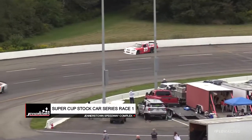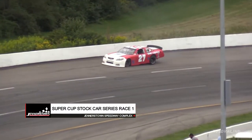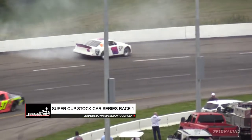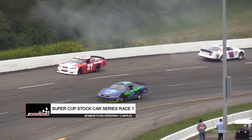And the 27 Brothers slides up the racetrack in the middle of turns 3 and 4. And that'll bring out the yellow. And trying to avoid the 27 is the 15 of Jeff Thomas, just slamming on the brakes and losing it there in the